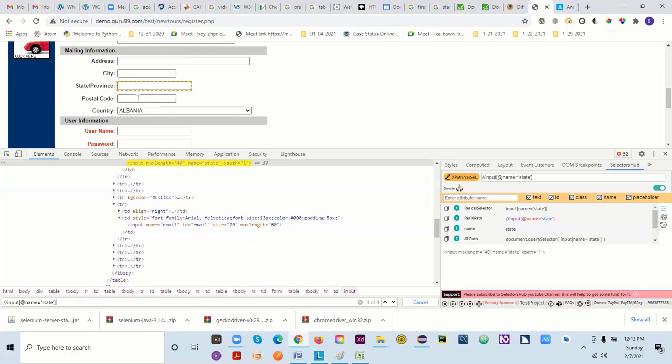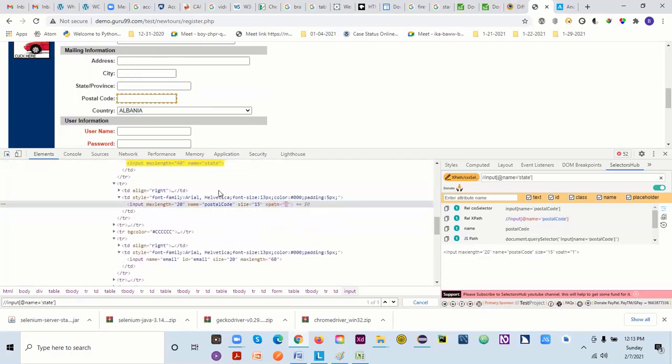Let's say if I want to go with this one, this also works, right? So instead of this one, I can just go with this one, let's say it's a Jeep. I'll come here and copy this one. Instead of this state, I can use my postal code. It's again one of one. That way you can understand how XPath is working here.